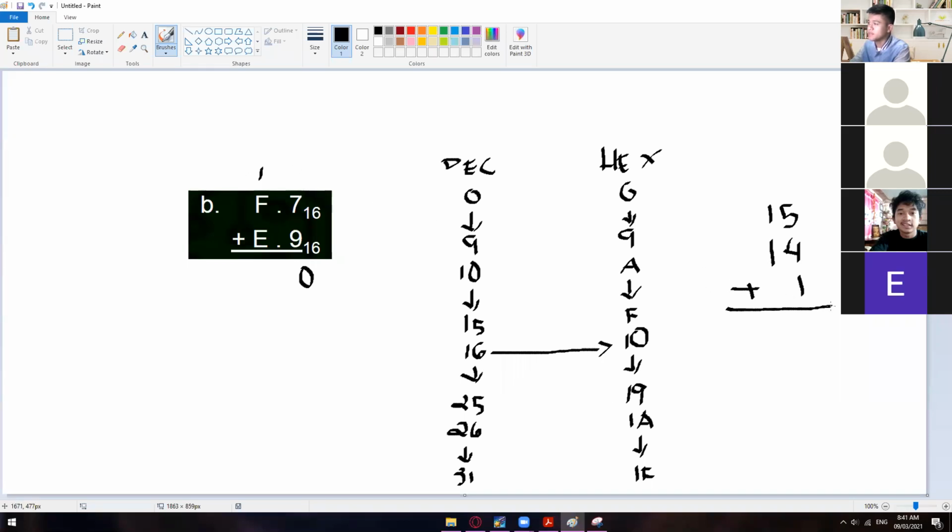So just add everything and you will get 30. So just look for 30 in here, wherein 30 is between 26 to 31. So just less 1, wherein before 1F is of course 1E right here. So in hexadecimal, 30 is 1E. So just simply write here 1E. So that's how we got